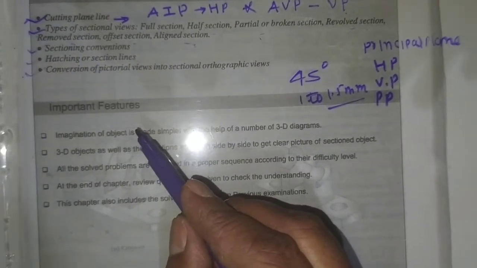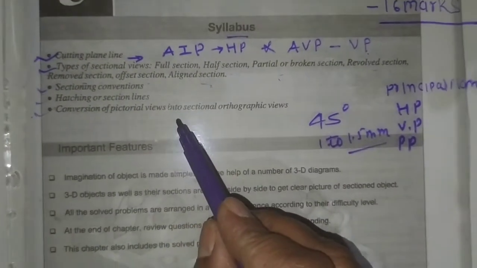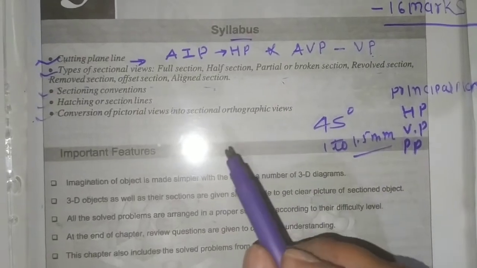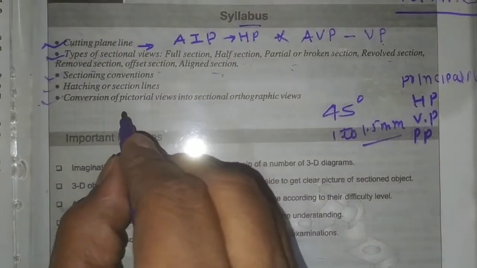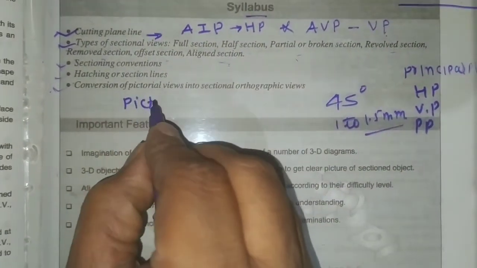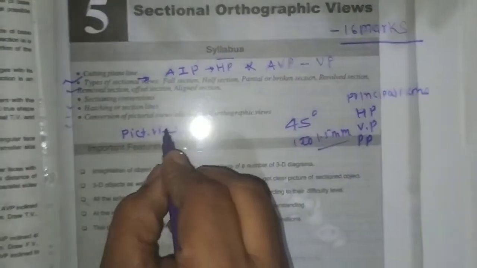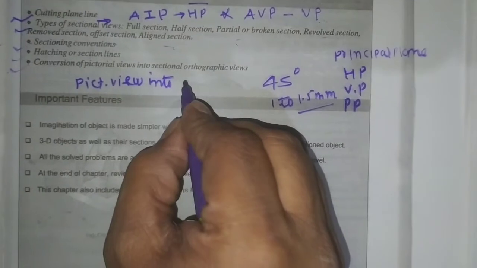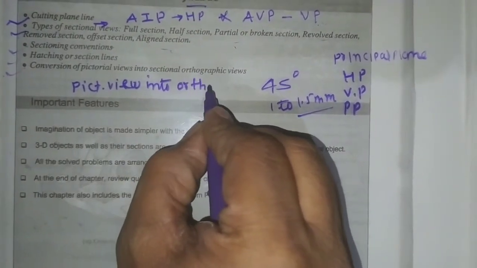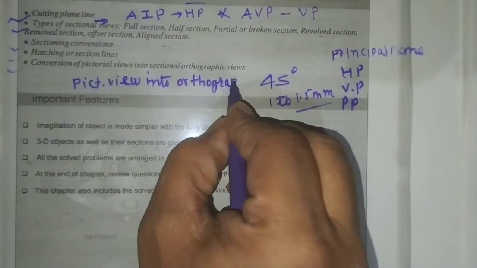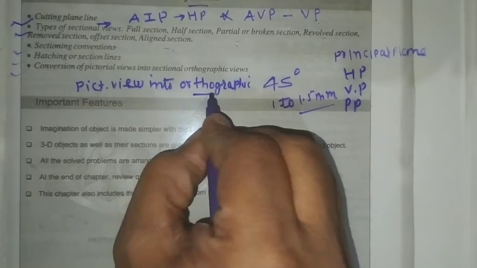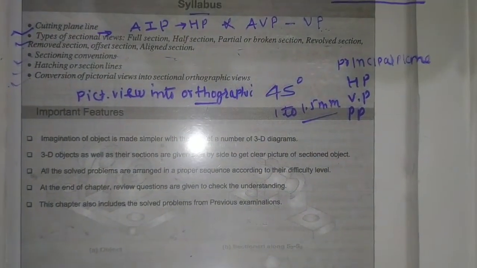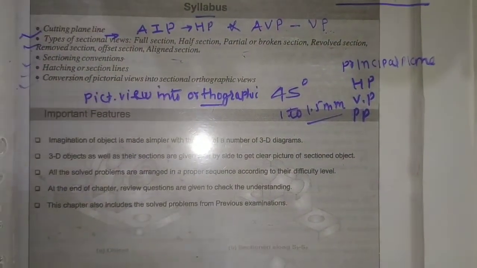And lastly we will move to our main motto, that is conversion of pictorial view into sectional orthographic view. Conversion of pictorial view into orthographic view we have already studied. The same problems are here, only after taking the cutting, what changes will be observed in the principal views,